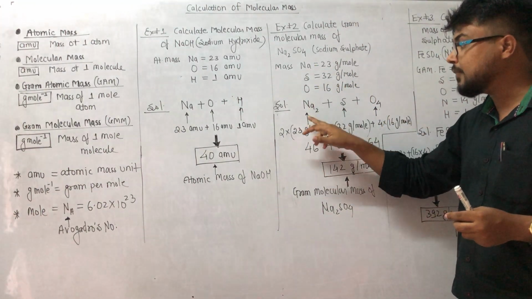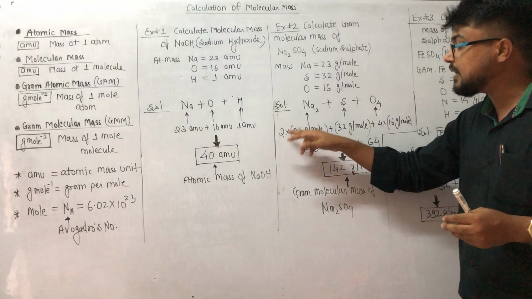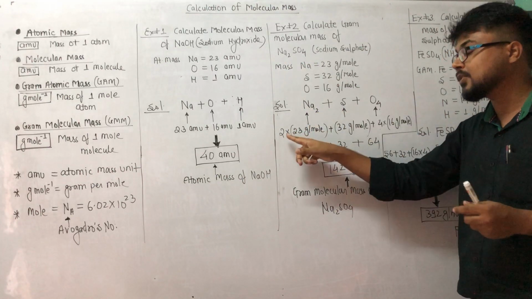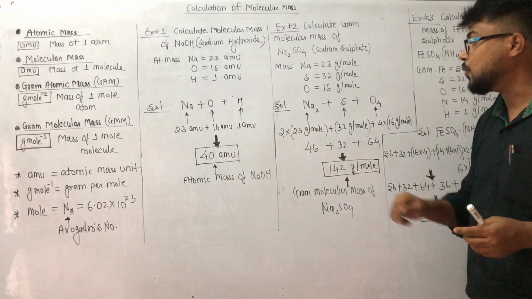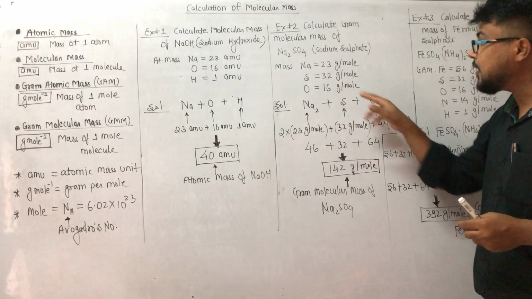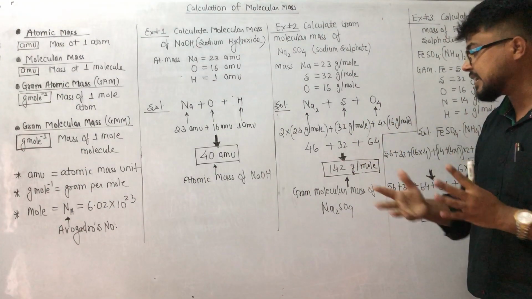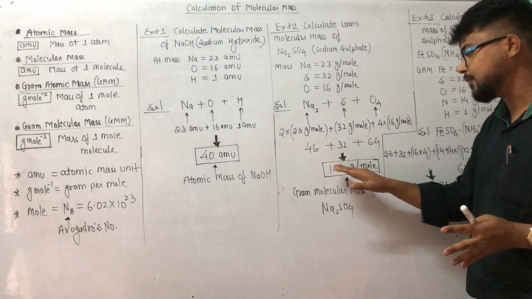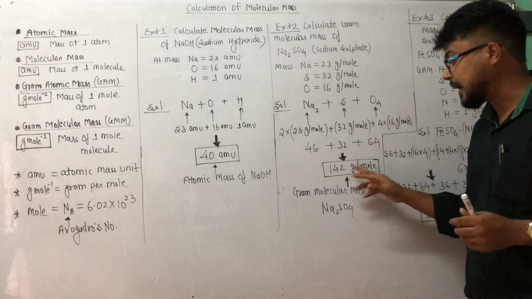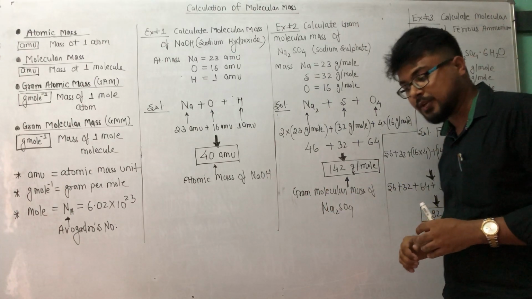So put the value of sodium, 23 gram per mole. But why did I multiply here with 2? Because 2 sodium atoms are there in the formula, so I have to multiply with 2. Further, I have sulfur, 1 sulfur, 32, and next oxygen, 4 oxygen, 16 multiplied by 4. So the next answer will be 46, 32, 64, and the final answer will be 142 gram per mole. It is gram per mole, which represents the gram molecular mass of sodium sulfate.